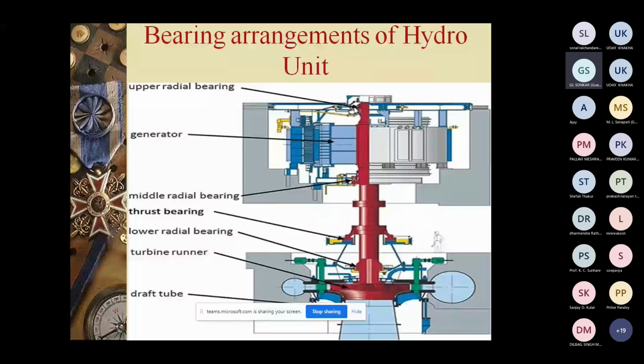So in the suspended type machine, it is suspended from the top. So how will it be suspended? We are putting a thrust collar or runner dish. This is called the runner dish. A big heavy dish is attached to the top of the generator shaft, and that dish rests on the thrust bearing, and on the periphery of the dish we are using the upper guide bearings.